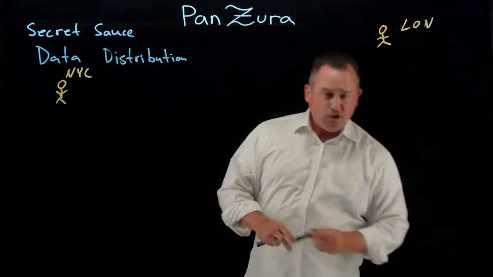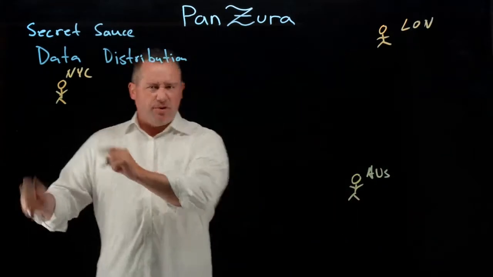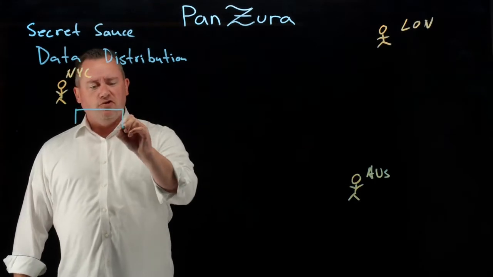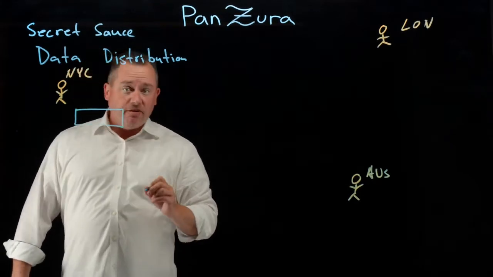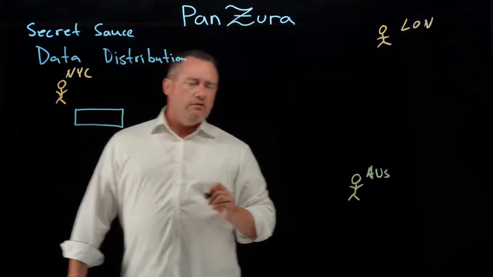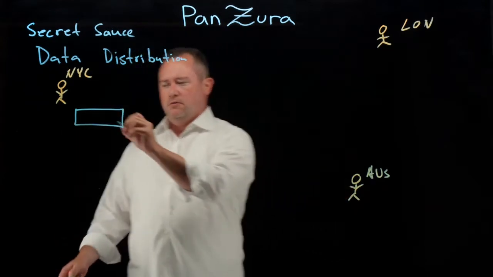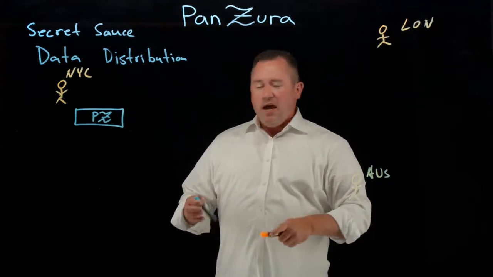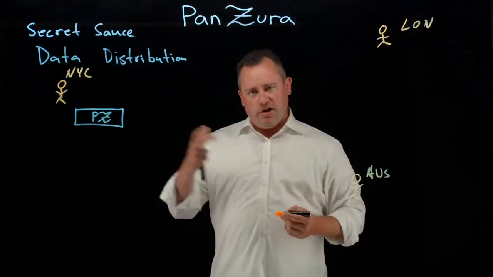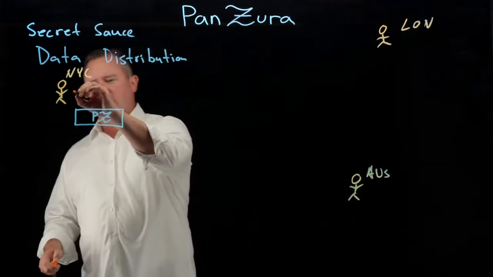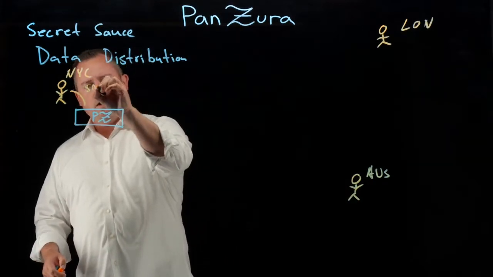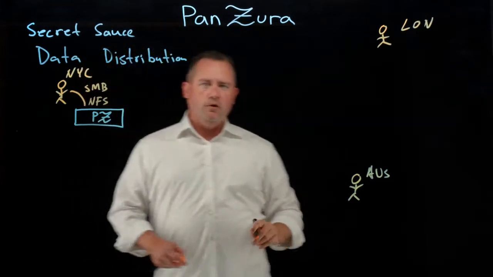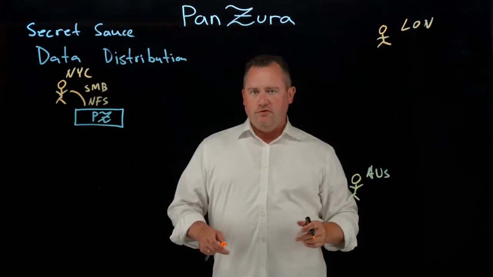Okay, so let's look at it this way. First of all, we're going to start primarily on New York. So this user, as most users do, they like to talk to file systems, so they're going to have a local filer. This is their local Panzura. I'm just going to draw PZ for simplicity here. And we're going to speak those LAN protocols, again, where we're going to put out that file system. That's either SMB for Windows users or NFS for Linux, Unix users.